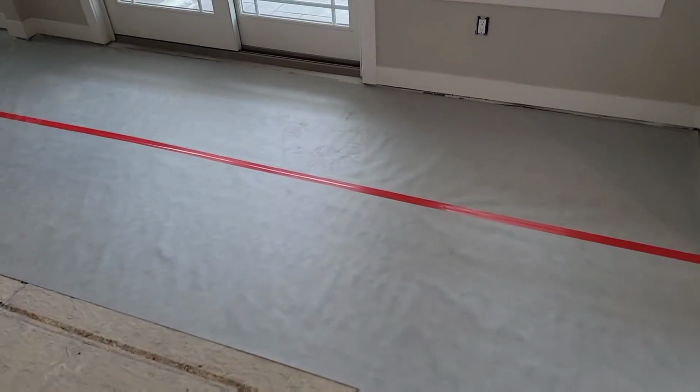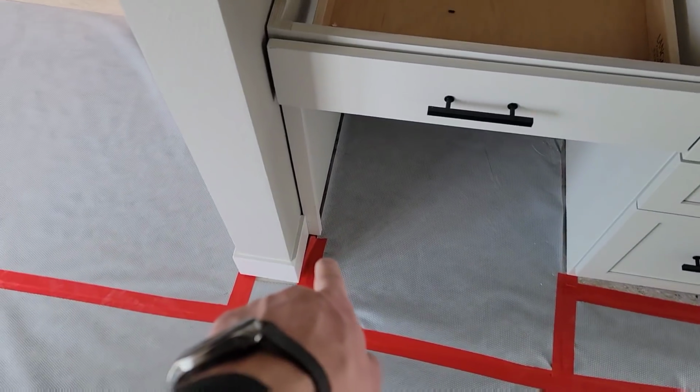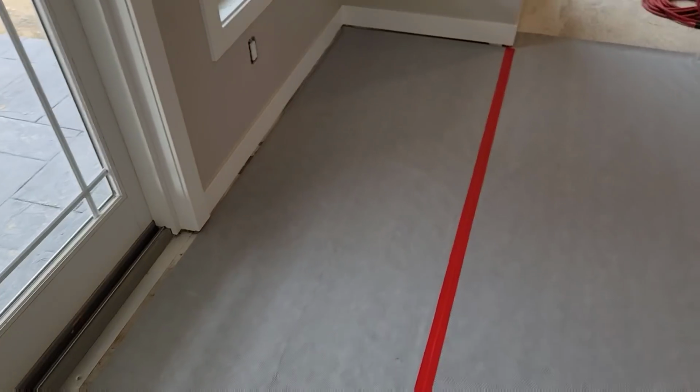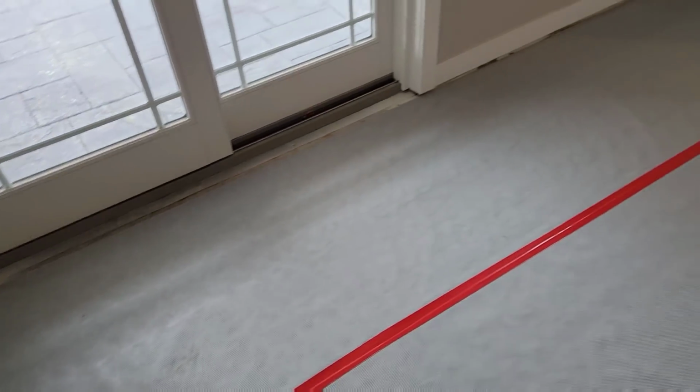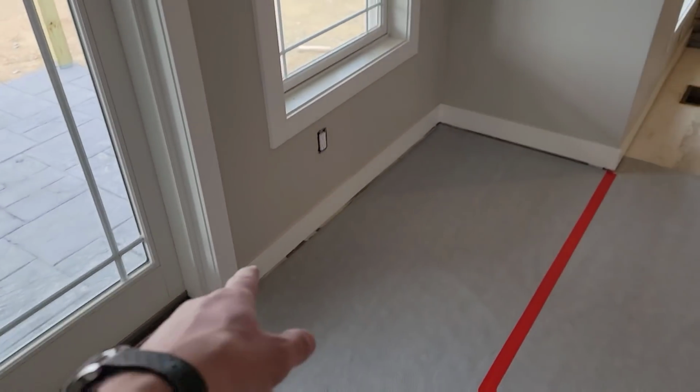Okay, well, we've got 2 runs of underlayment down. I've trimmed out underneath all of the doors that I've made it up to so far, and a little piece off of there. And I think we're ready here. So the next thing we've got to do is